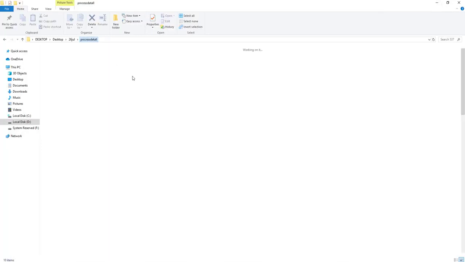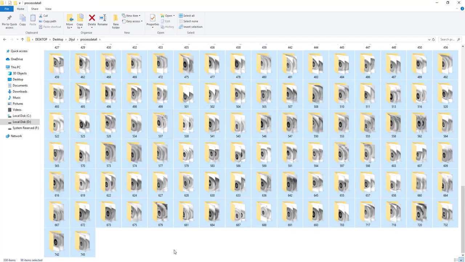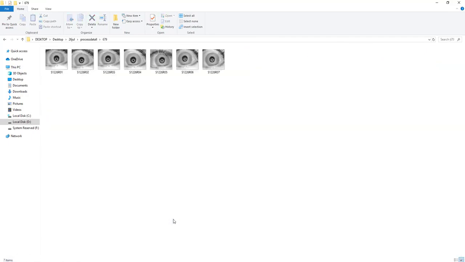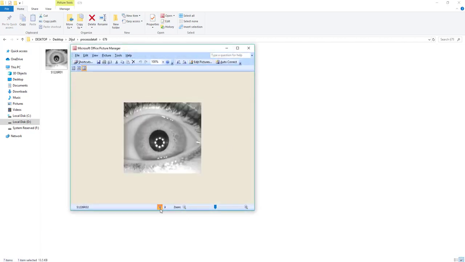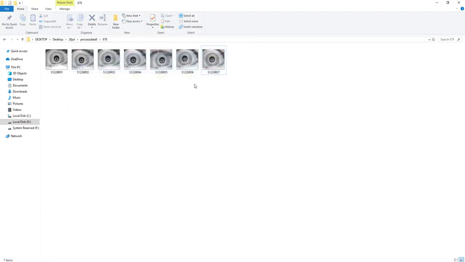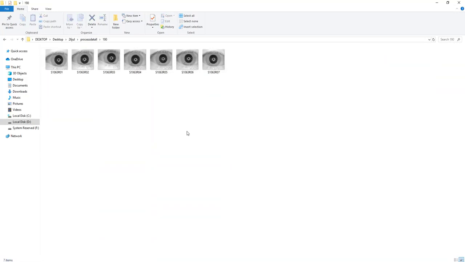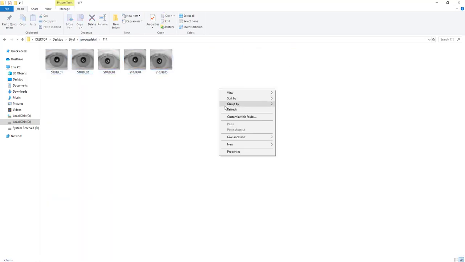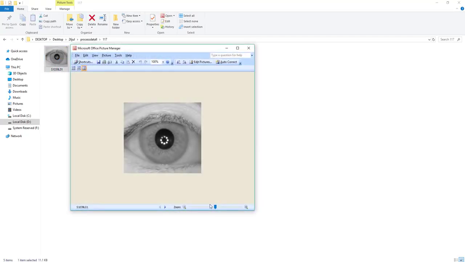The total number of classes, as you can see here, this is my overall data set. 338 folders, each folder containing the iris samples of one subject. You can see here the number of samples in each folder varies, some containing 5, some containing 10. So it is a kind of imbalanced data set, but with the help of deep learning we can actually handle such a situation. Right now I have 5 samples of iris.